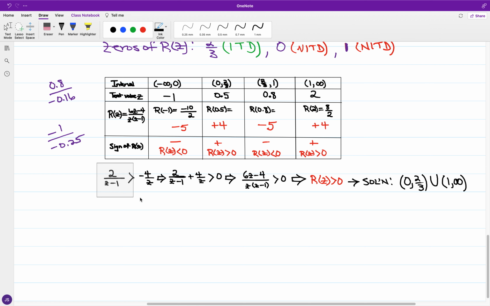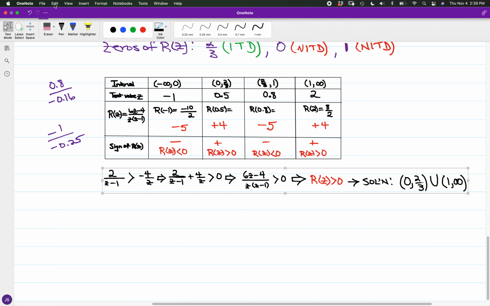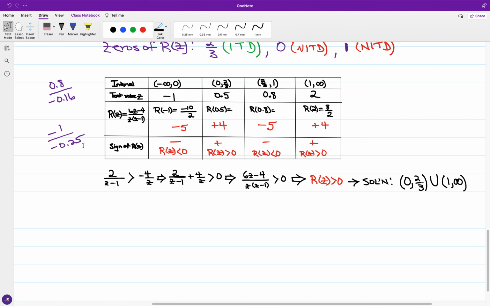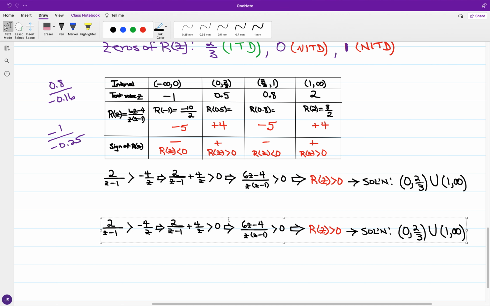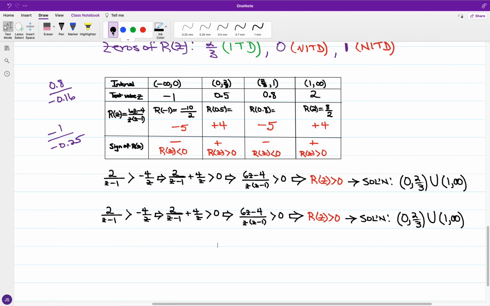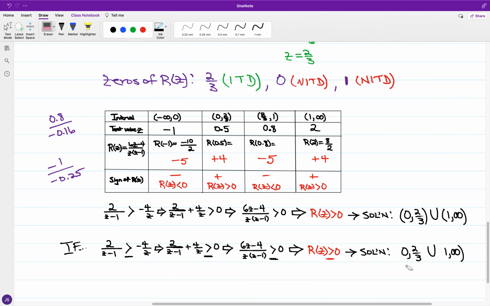Now, let me mention, if the problem had been with the equal sign included, if the problem had been given as 2 over Z minus 1 is greater than or equal to negative 4 over Z, okay, this would come down to where we have R of Z is greater than or equal to 0, and for that particular solution set, okay, we're still involving the same numerical values, okay, but again, with the